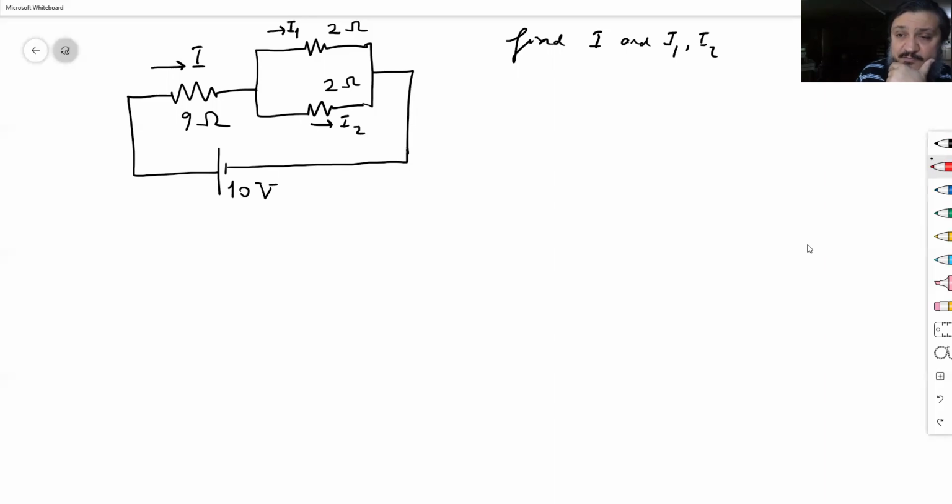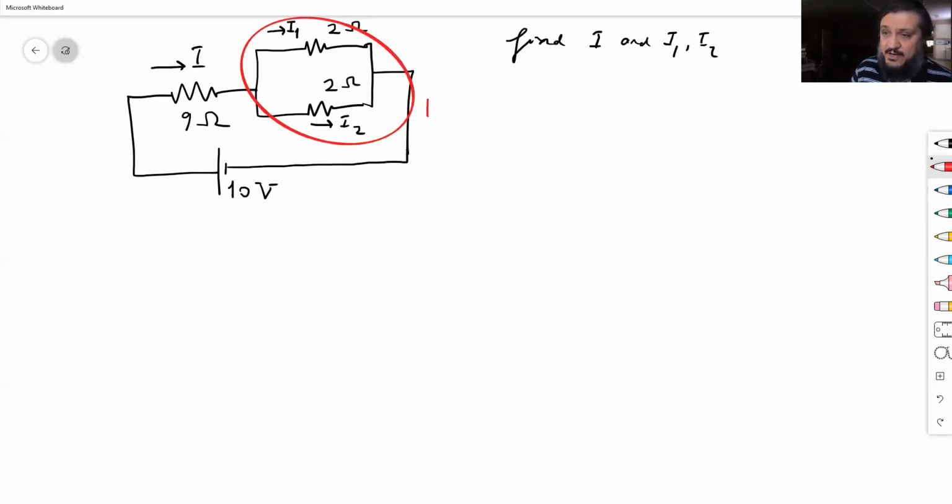There's a branching off. So whatever group you're isolating from the rest should be really simple. You should be able to tell if it is parallel or series without any ambiguity. So you don't do 9 and 2 first. Instead, you take these two 2 ohm resistors,